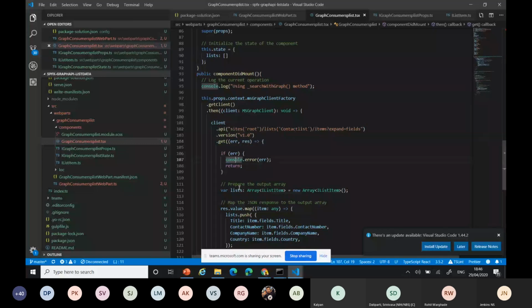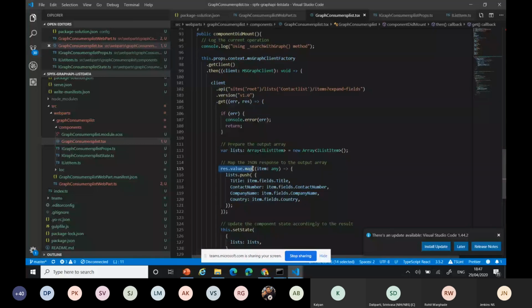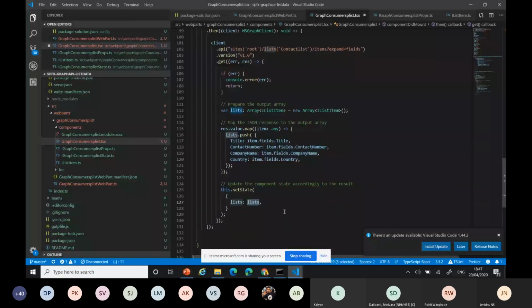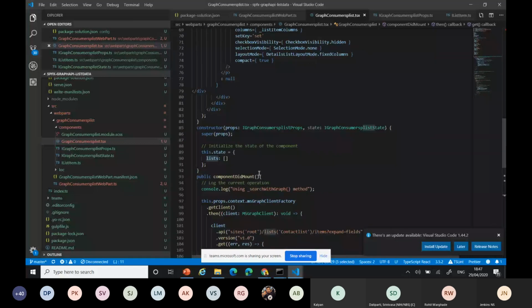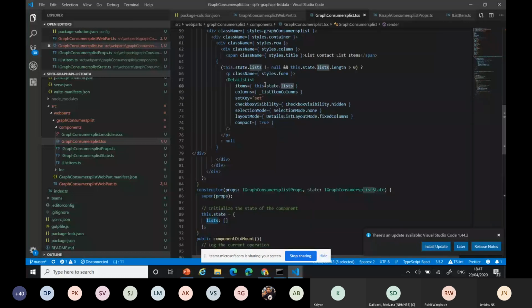I just added the array, initializing the array. From the array, I'm mapping from the value, the REST value. You can get the value map using the linked list model and push the value to the corresponding rows. Okay, that is inside the array. After that, I can assign to the state. It will move to the list. We added the list state, and it's available here in my control. Map to the state.list. You can assign to my DetailsList control from the Fabric UI.